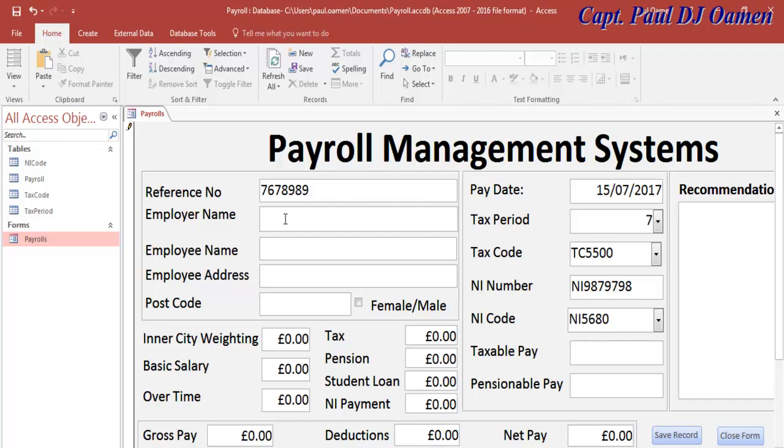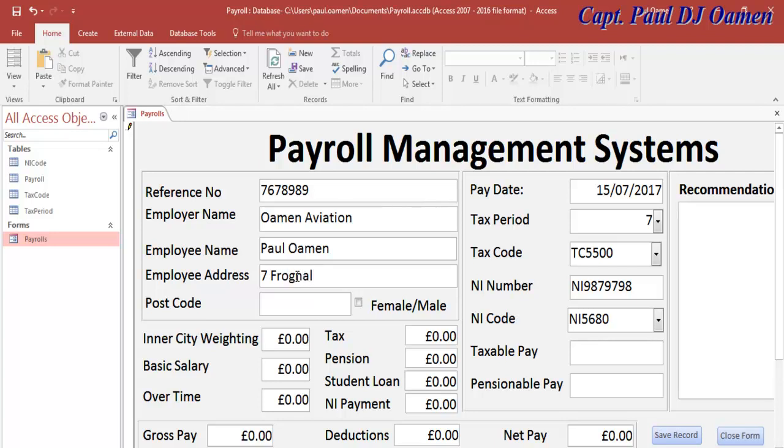So let's say it is Omen Aviations. Then the name of employee, let's say is Paul Omen himself, and address 7